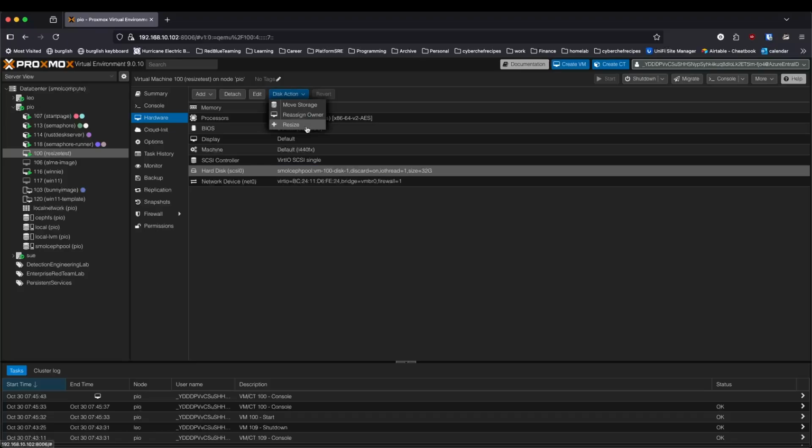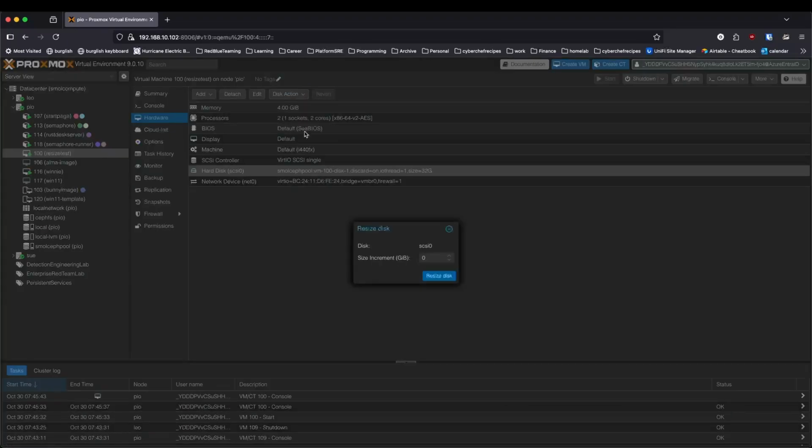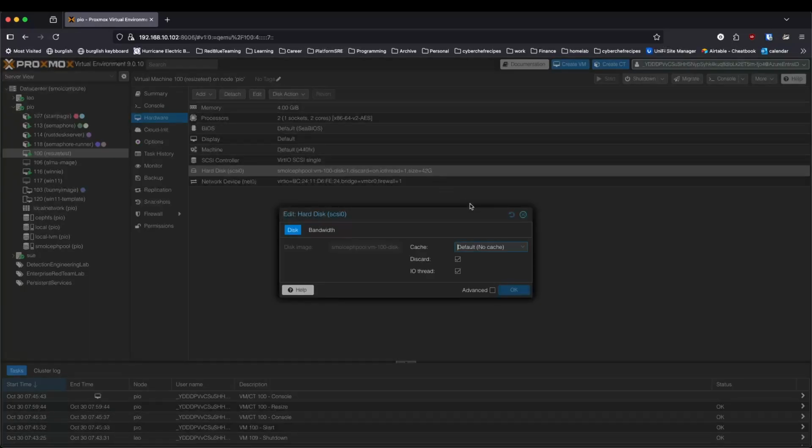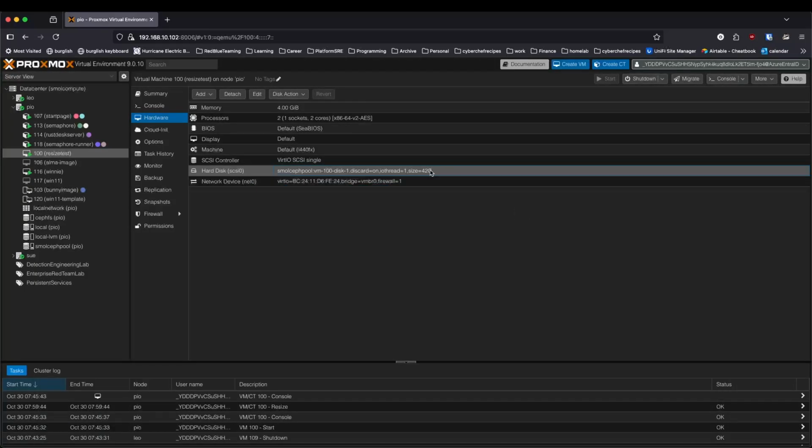We can come here to disk action, resize, and let's say I want to allocate the disk space to 42 gig. In this case, we need to put in a size increment of 10, and that will run, and we can see that this should be updated to 42 gig on the hypervisor,